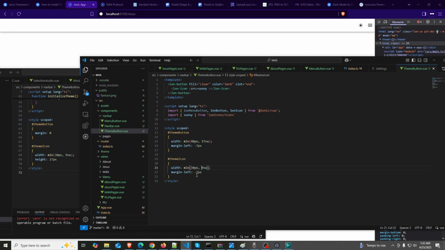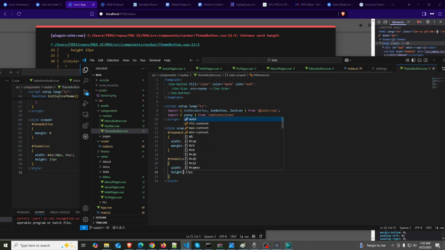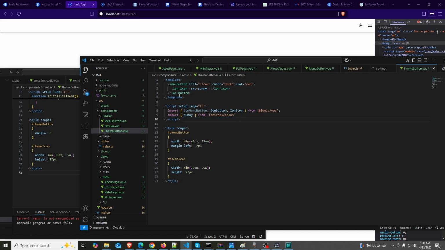This is 9. And this has a height of 27px. So here, ID equals theme icon. There we go. And if we put this button here,